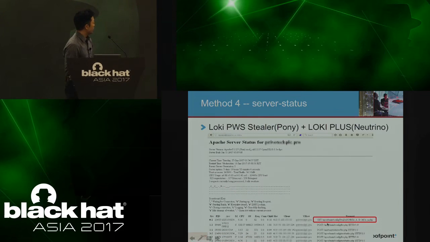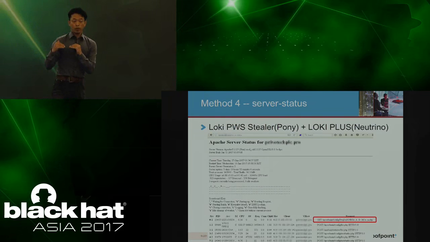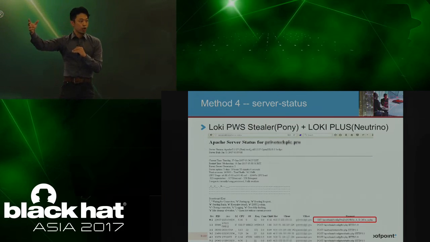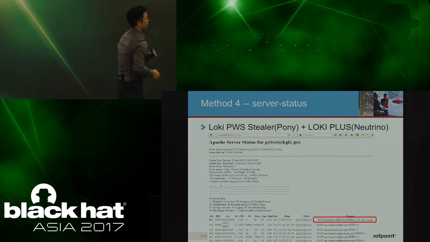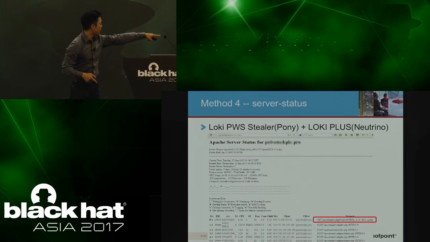All right. So anyways, what happens? Server status just lists out all of the HTTP requests to that server, right? We're going to assume that sometime the actor is going to log in to a command and control panel somewhere and click on some buttons, and those buttons are going to trigger HTTP requests back to their server, and those requests are going to get logged in their server status module. And you can see here that we logged a GET request,